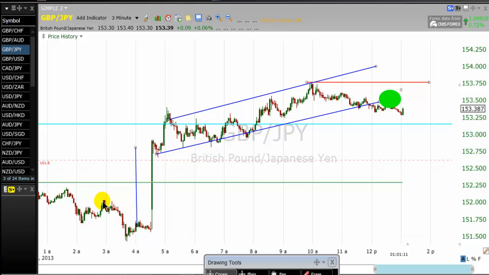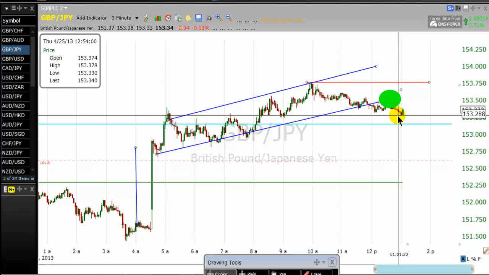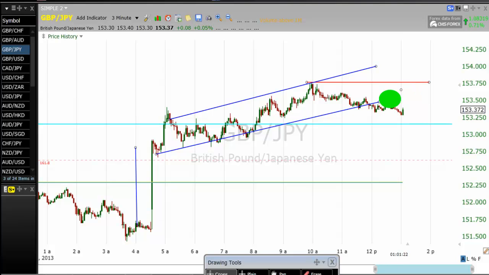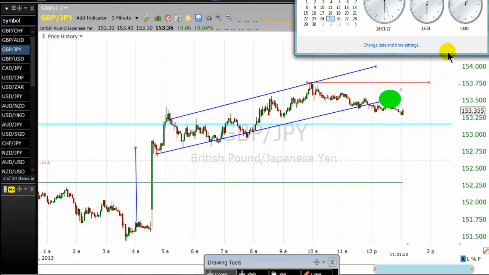Okay, traders, let's wrap it up. Just came out of my trade now. The pound yen right here at 153.28. Just watching the time now, in London it is 6 p.m., in New York 1 p.m. This is not the best time to hang around for day trading. It may go down more. Okay, let's go back again,